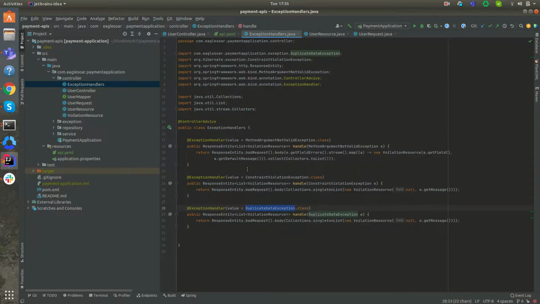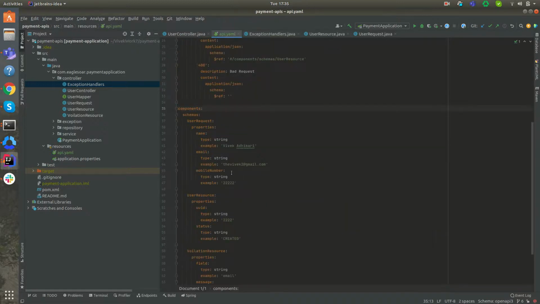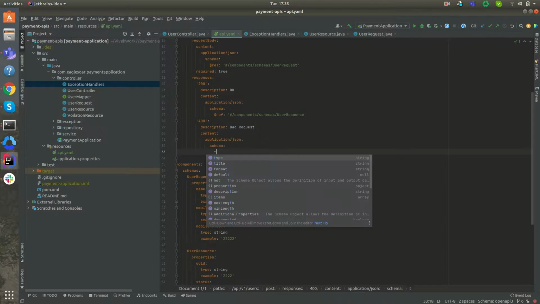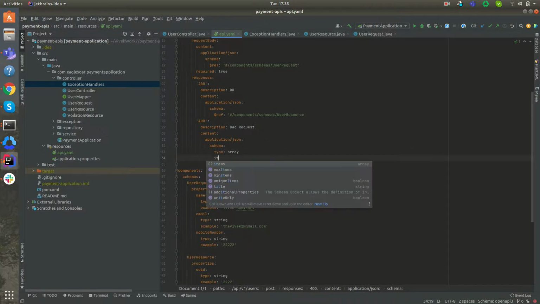Because in the batch request, it could have multiple failures, like a required field being empty, something like that. So to be consistent about the 400 error response, what we can do is this is a schema of type array, and then the items is,